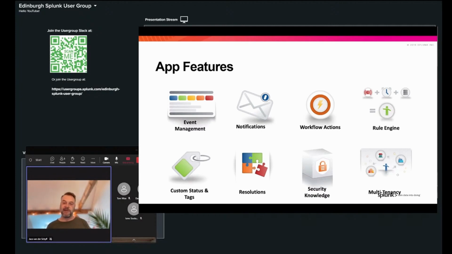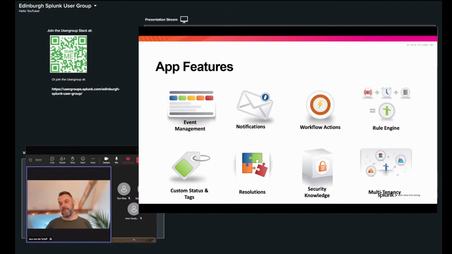So it's a system to manage alerts and events, and it has quite a number of native capabilities, which makes it quite interesting for people that want to keep their alert management within Splunk. And we'll talk about some use cases that we see our users adopting. But just in short, we have quite a number of features. We have a notification engine. So if alerts come in, there's a whole engine that we use to dispatch alerts to external systems.